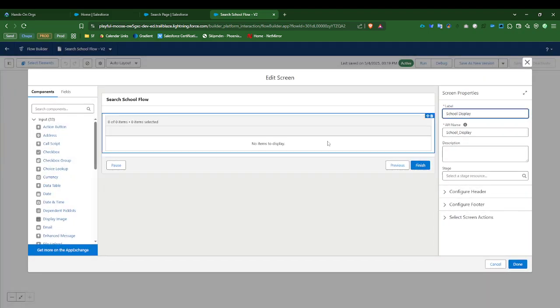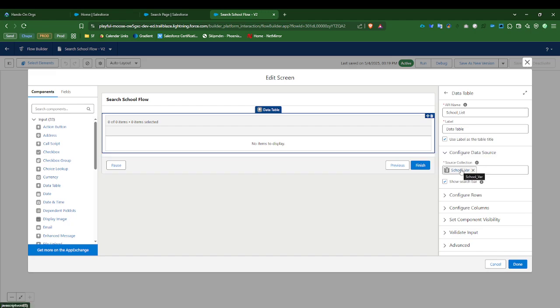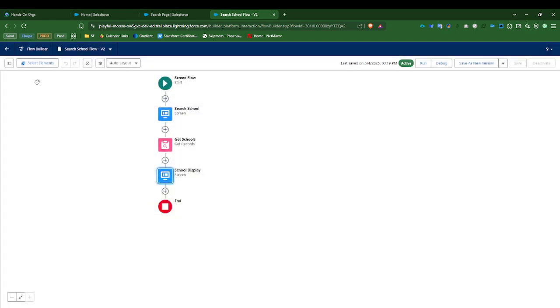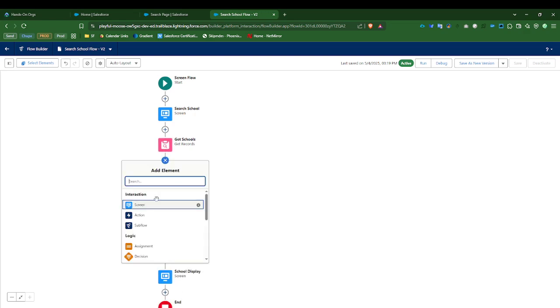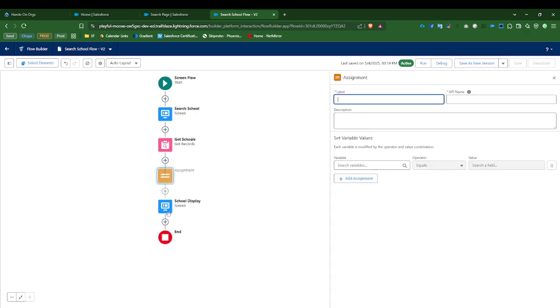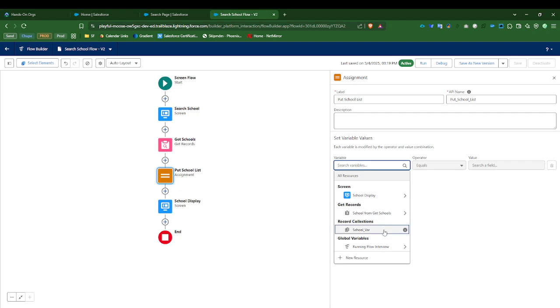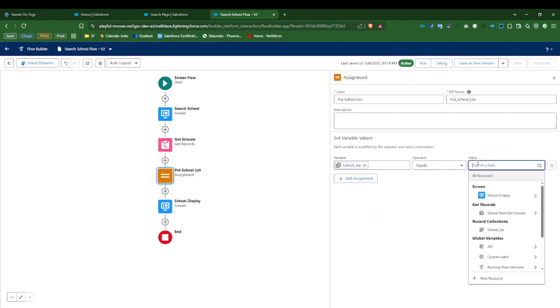Now one more thing. So here, look, school variable. This is my data source, but I didn't put anything in this school variable. I have to put something here. What I will do, in the middle of here, I'll put an assignment variable. I'll name it put school list, and school variable equals to